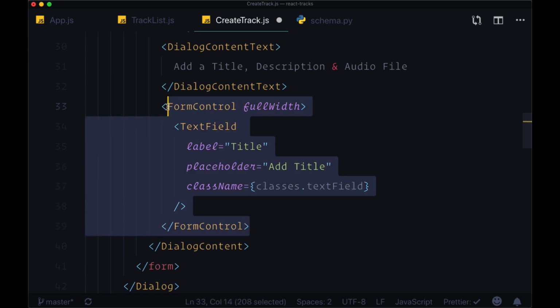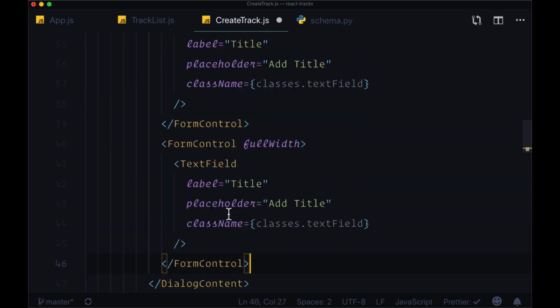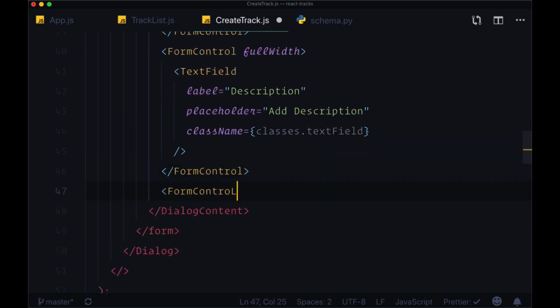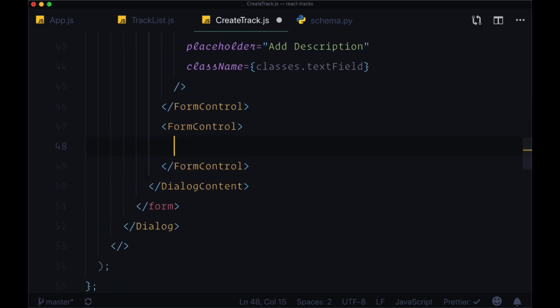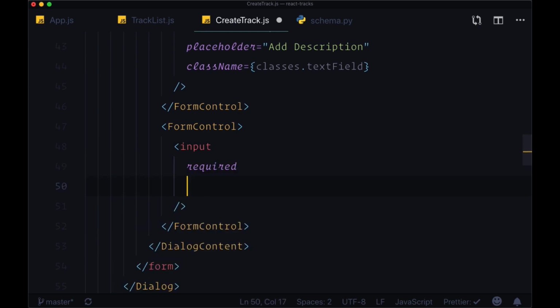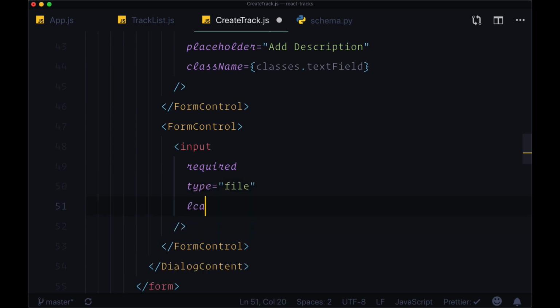Now let's copy this and add another form control. So the first form control is going to be for the title, the next is going to be for the description. So the label here will be description, the placeholder add description, and then after the description form control we'll have another form control, and this will contain an input which will allow us to select an audio file. So we're going to make this required. The type of it is going to be file. The class name will be classes.input,